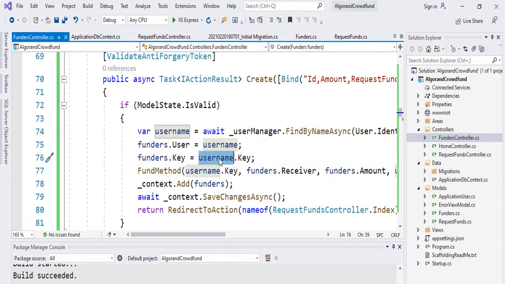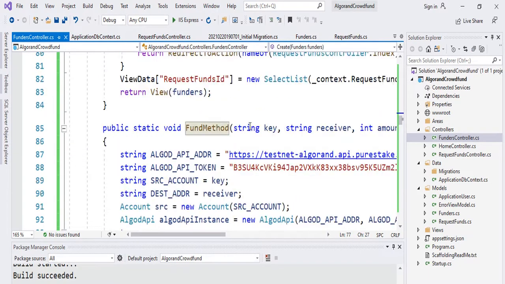current user in session, because when the user creates an account, he or she is going to have a mnemonic key and an address, which is what we did earlier on when we created the application user class. So the username.key is going to be passed in to this fund as a key, and then we have our fund method. Inside of our fund method, this is where the whole process of funding takes place on the Algorand